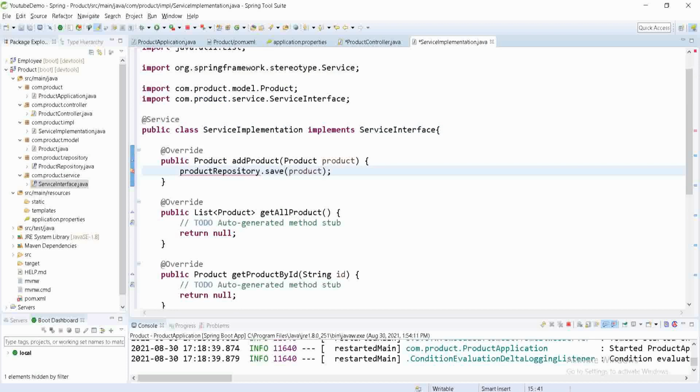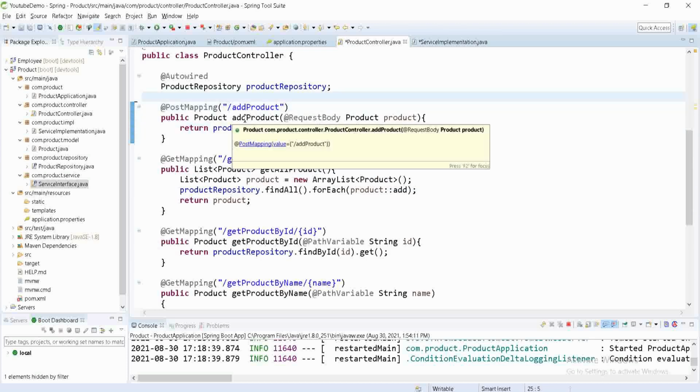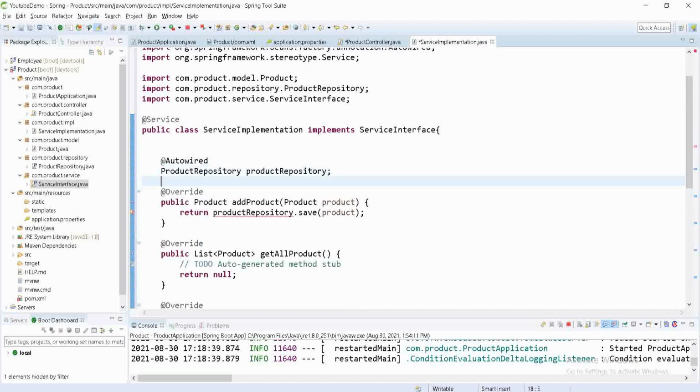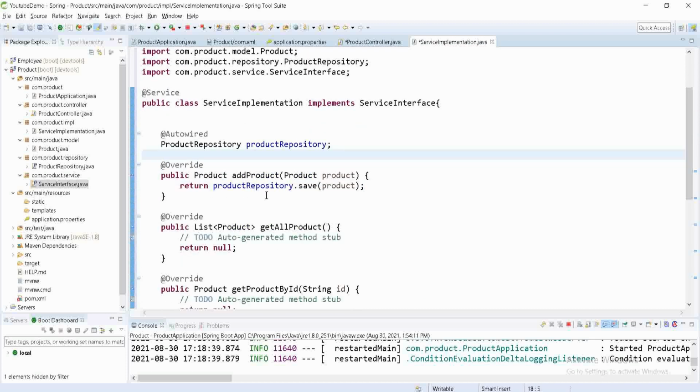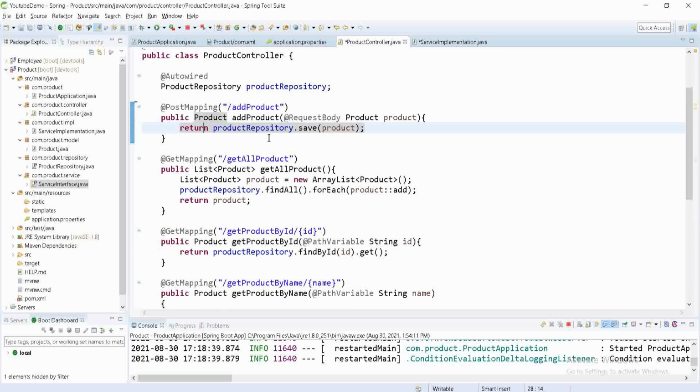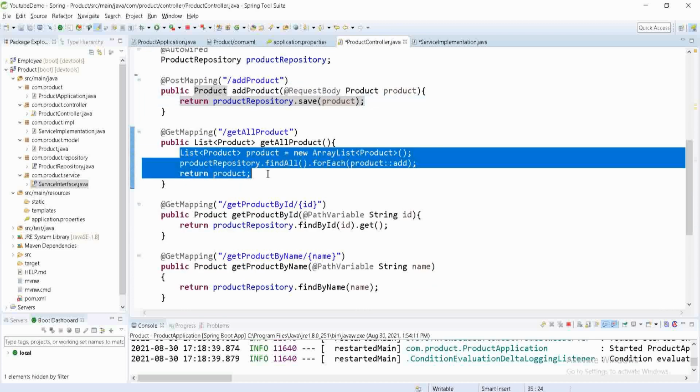It will need the product repository, right? So copy this repository also and paste it in this. First we will copy all this business logic into the service one by one.